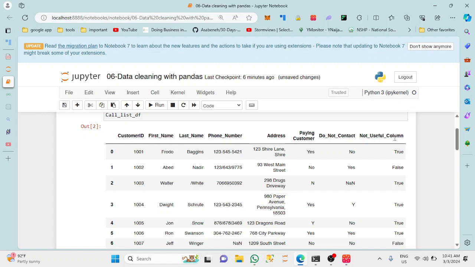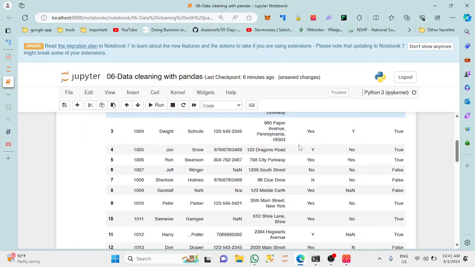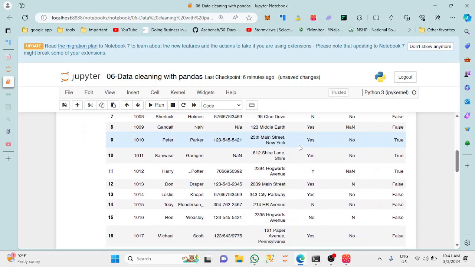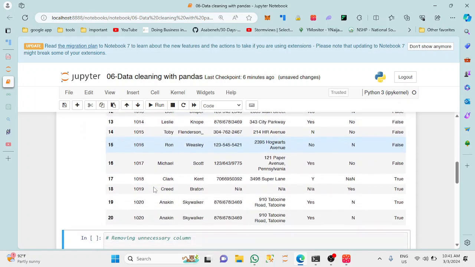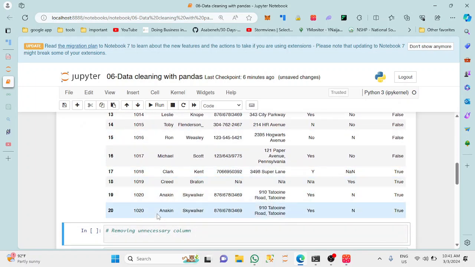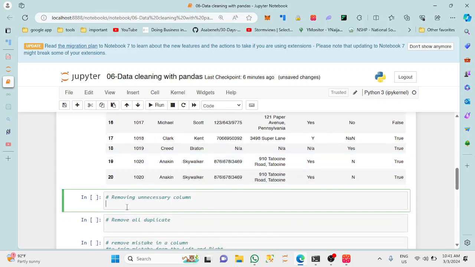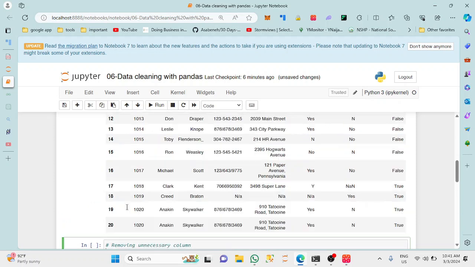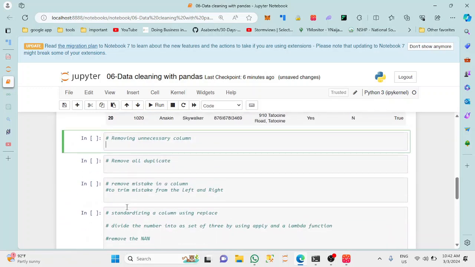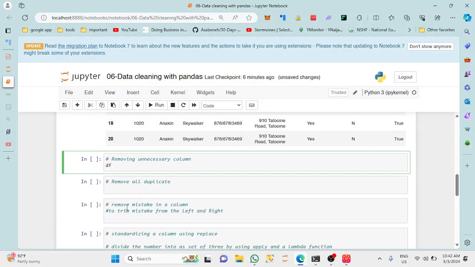So I'll drop the column that says not useful. That is the first thing I will do. Then if there is any duplicate, I will have to drop that as well. There's a duplicate here at 20. So the first thing I have to do is drop our column. So go to DataFrame dot drop, then columns equal to